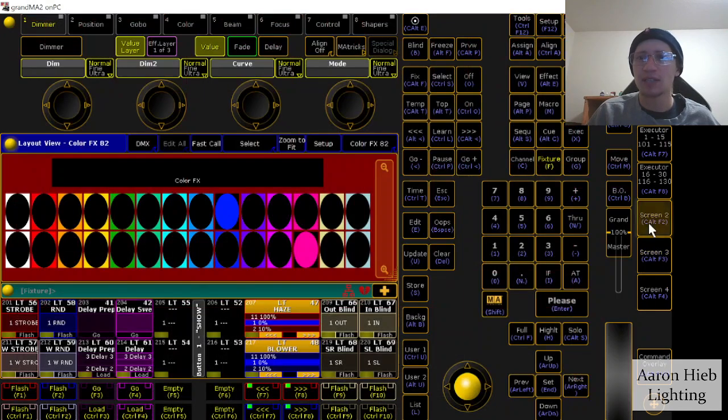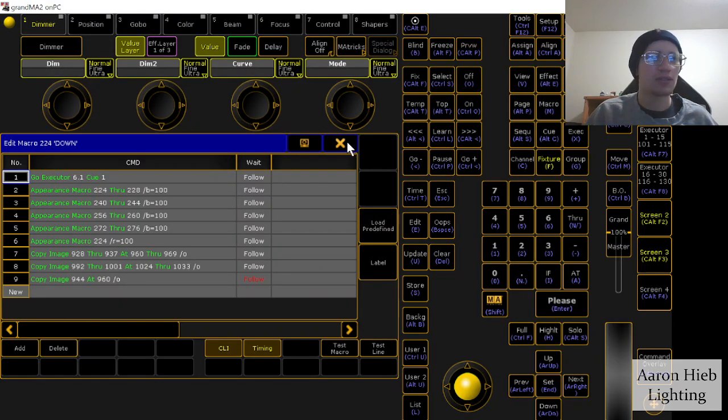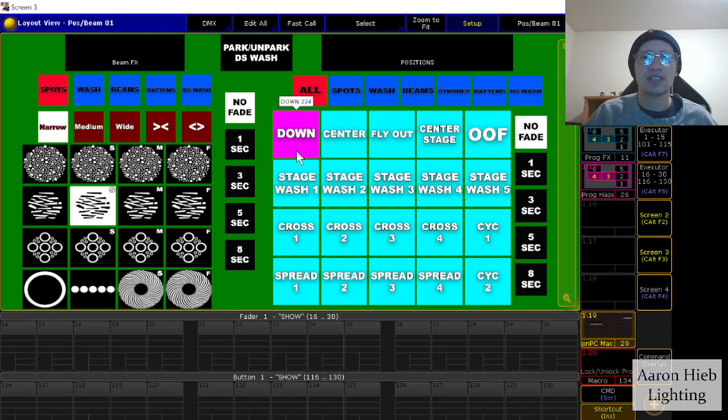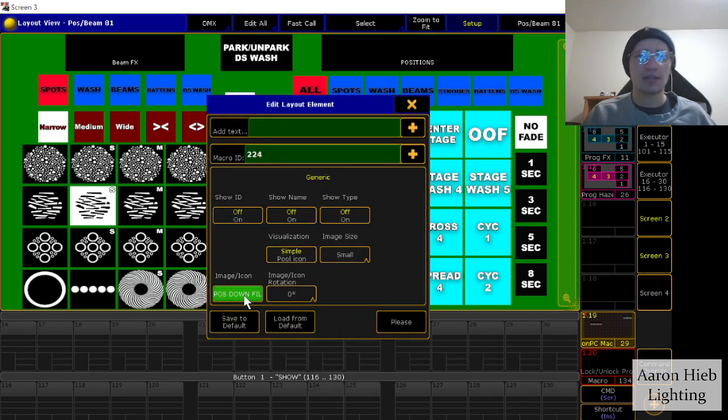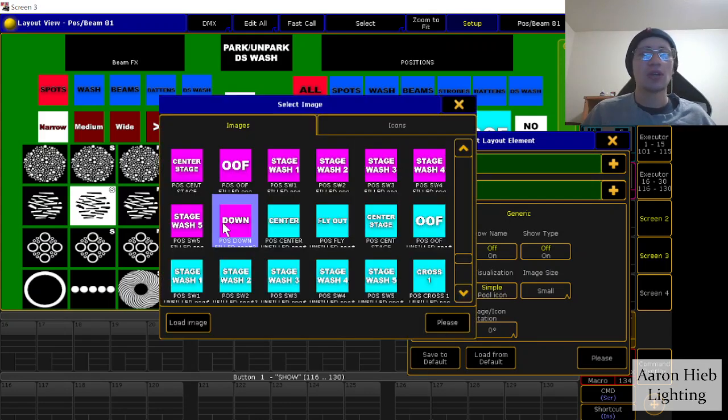Basically, let's go back to the UI, and I also have that set up for my colors as well. You just go here, you see that that pulls up your macro, you turn on setup, right click, or hit edit, and then you go to image icon. You also have to make sure that visualization is on simple, not as pool item. Otherwise, pool item will actually show the physical pool item as it shows up in the pool. So if you do simple and then you do image icon, you actually have to figure out exactly where this image is. So if you have multiple of the same image, which you will have to if you wanted to change images or